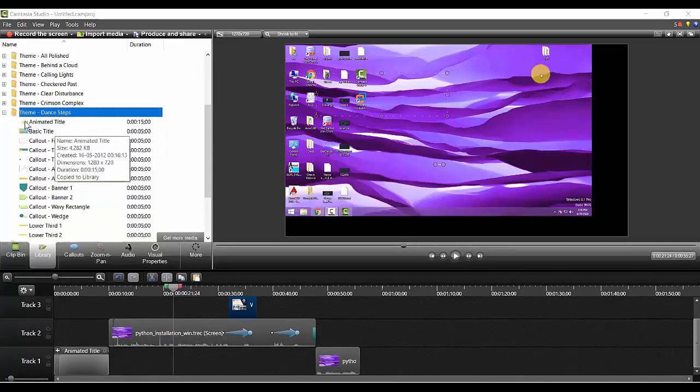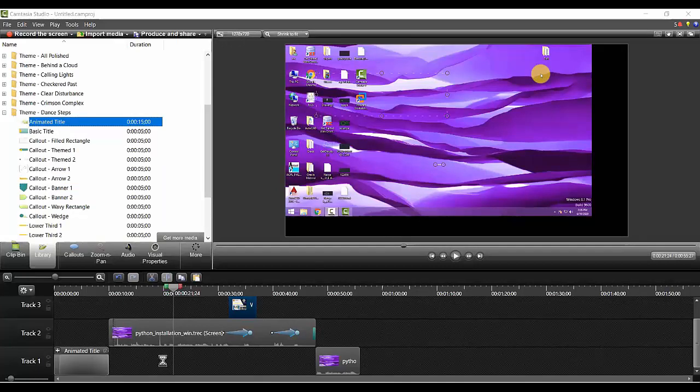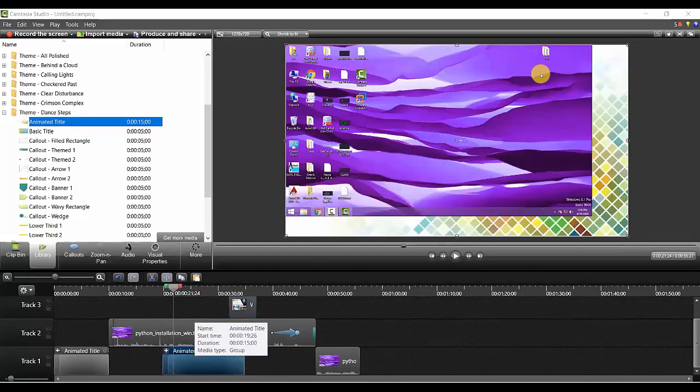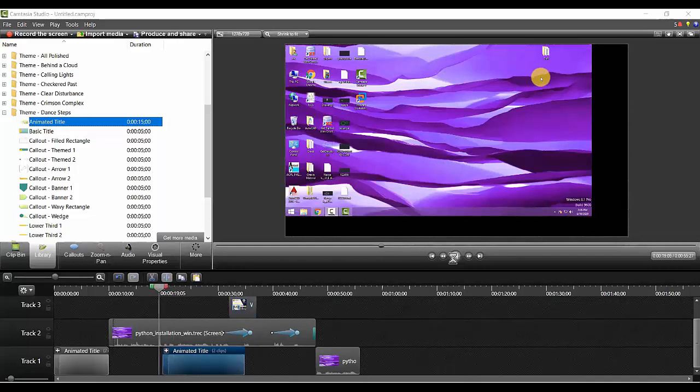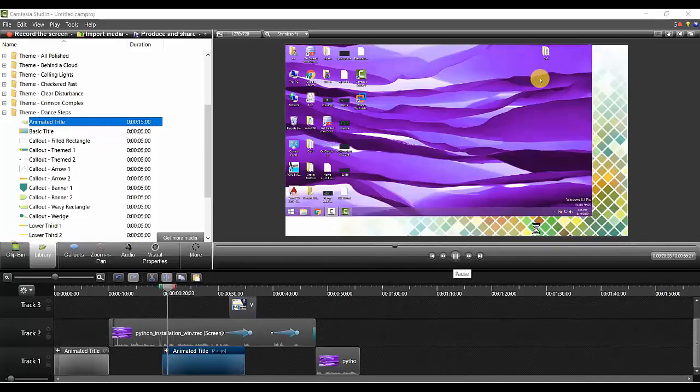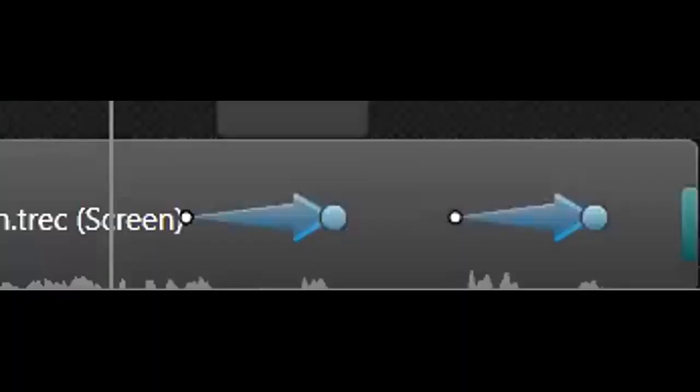Okay, and I'm getting this here. Now you see, instead of any other color on the background, some other image is also playing. Okay, but this way there are 2-3 videos playing simultaneously.